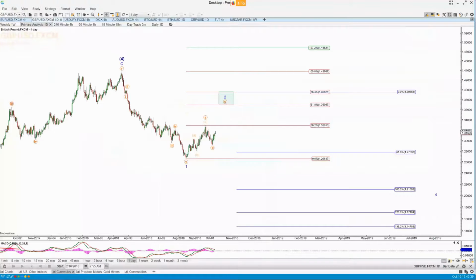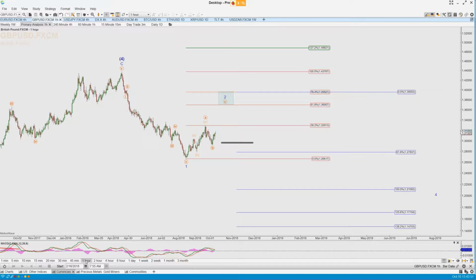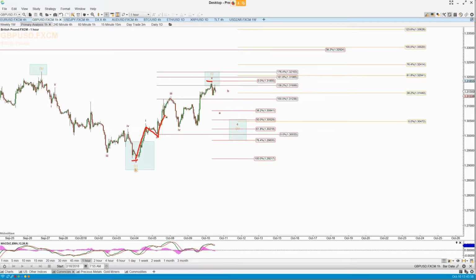Now, cable, let's just zoom out to the daily chart for a moment. I'm looking for the rest of this C of 2 up here. We're long cable from just above the recent low for the B wave. And at the moment, if I come back down to the hourly chart, I think we've got a potentially completed